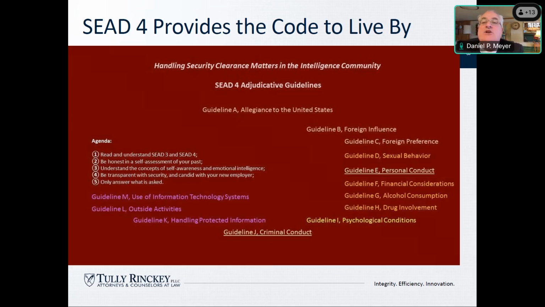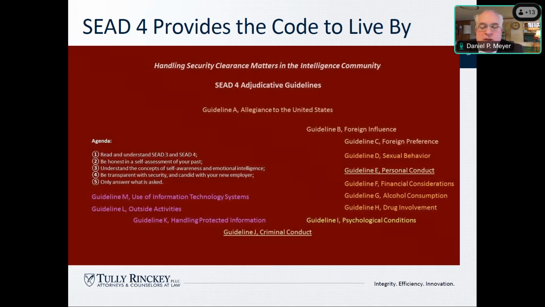Guideline J looks a lot like Guideline E because basically when they made J, they cut and paste the text from E and just change personal to criminal for most purposes. Then you get into Guideline K, which is ours right there on the lower point, probably at about number 7 on the clock. And this is where you get into K, L, and M, the very end of the guidelines. These are the ones that deal directly with the handling of information or contacts that could be problematic for a programmatic sense in the security field.